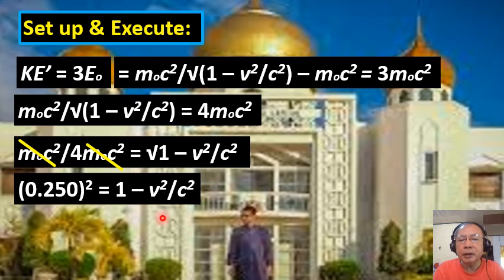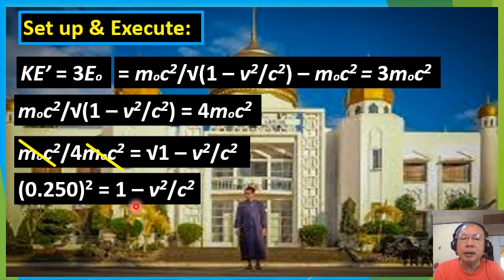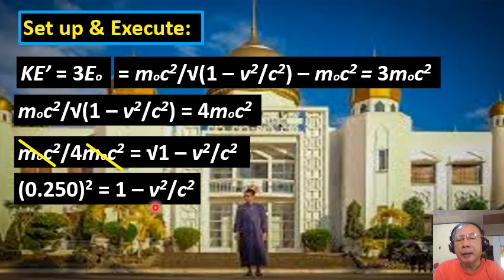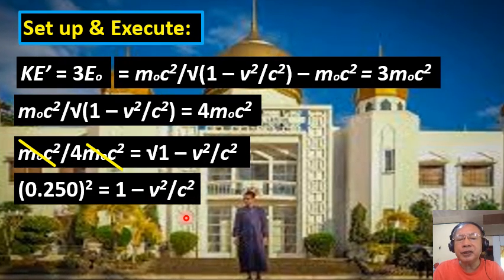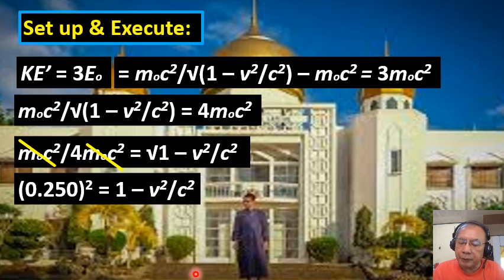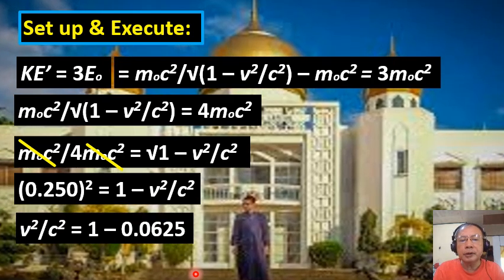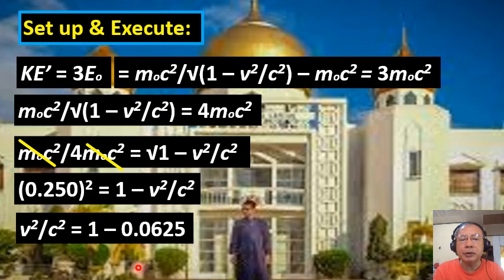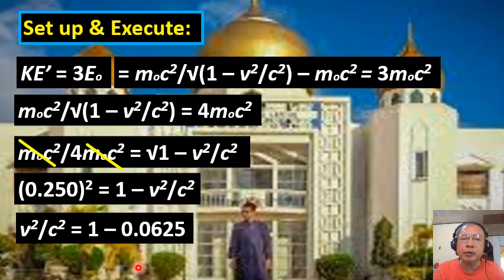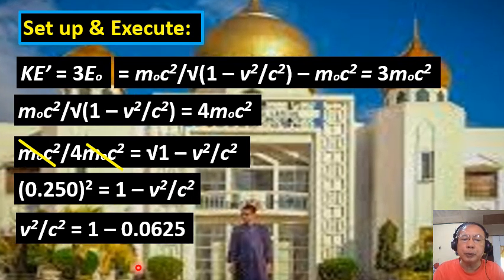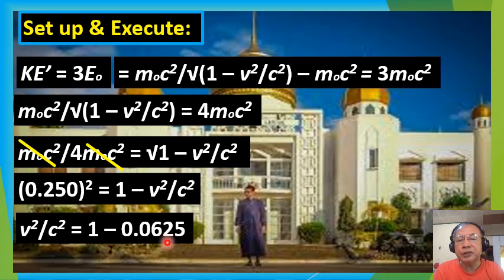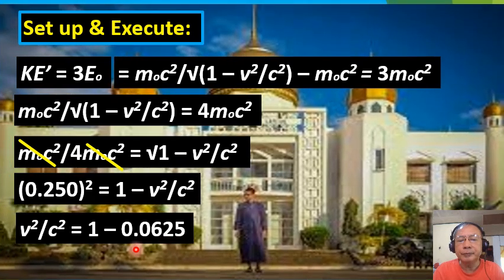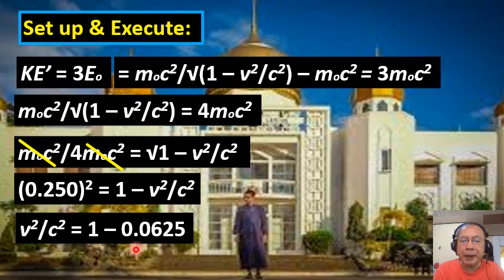And then, if you're going to isolate negative v squared over c squared to the left side of the equation, this is what we get. V squared over c squared equals 1 minus the square value of 0.250, which is 0.0625. Okay? So simplifying